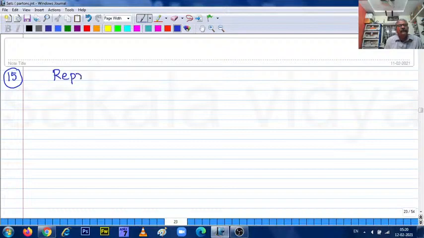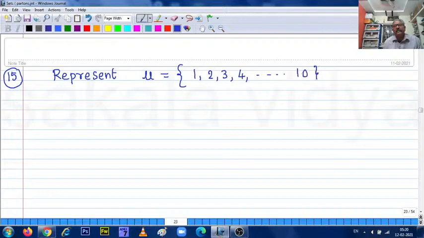Represent mu, the universal set, as 1, 2, 3, 4, up to 10. This is the universal set, and a set A equals 2, 4, 6, 8, 10. So 2, 4, 6, 8, 10 are even numbers, or we can say multiples of 2, or in the 2n form. That is,